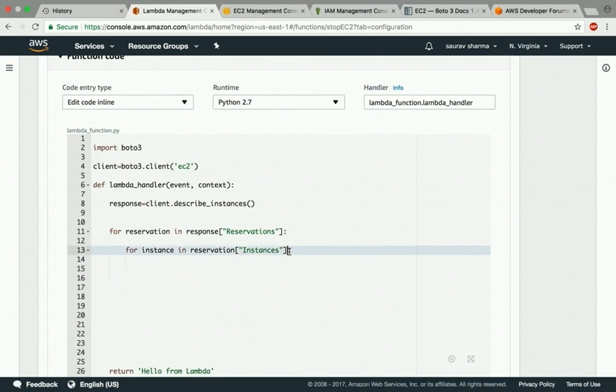So I'm getting to the place where I want to be, the instance, right? Because I need the instance ID. I'm trying to find the instance ID that I currently have on my region. So with this, what I want to do is